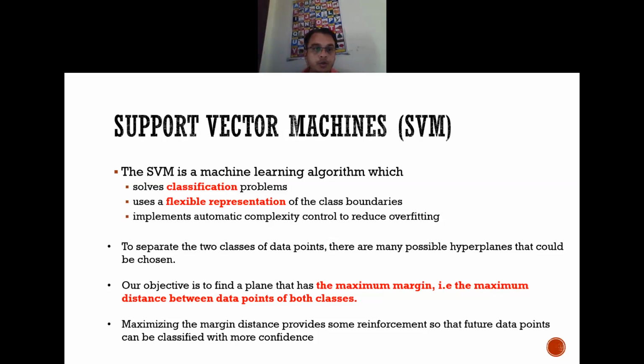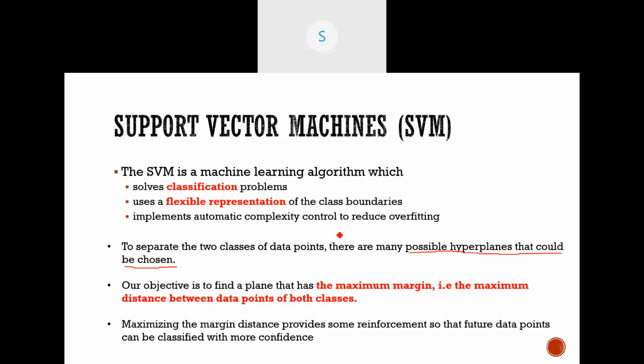Then, to separate the two classes, what are the options? Yes, we have different options. One of the most important options is nothing but the use of the hyperplane. Okay, so what we call a hyperplane here, the option as shown is the possible hyperplanes that could be chosen. So what we call a hyperplane? A hyperplane is nothing but a virtually aligned separation between the two or three different classes with respect to the available features.